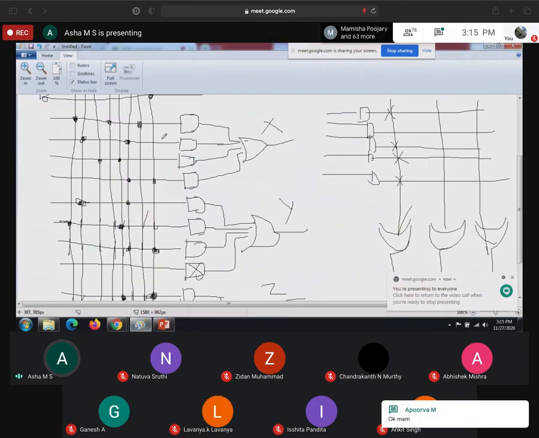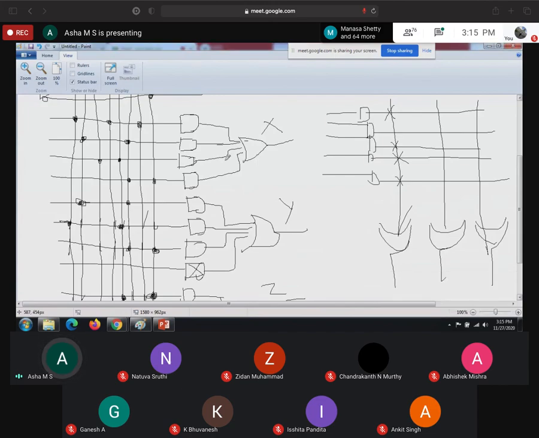Here I have given the connection directly to the OR gate, so no problem. When you place the OR gate at the bottom, you will have so many AND gates here, so the line will be like this. 4 plus 4 is 8, 8 plus 4 is 16, so you have 16 AND gates in total. Out of 16, you will make use of only 4. For those 4, you have to put the cross mark. This cross mark indicates it is fixed, and this dot indicates it is variable.